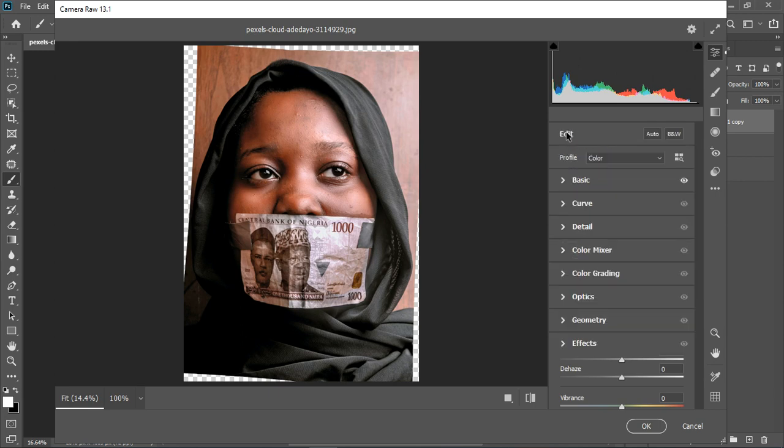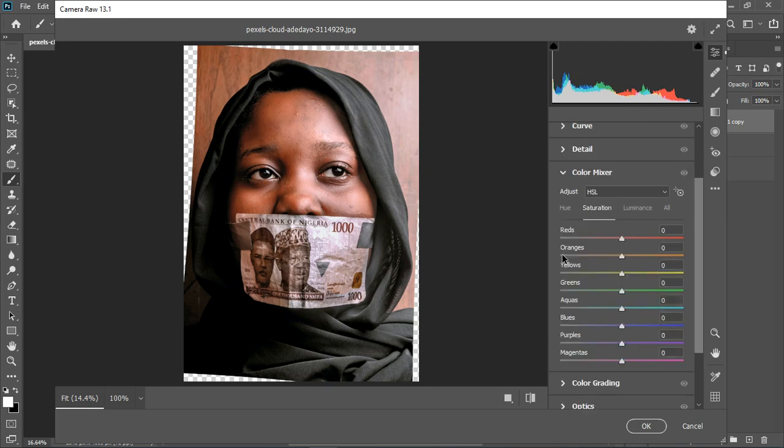I'll close the basic tab, and I'll go to the color mixer. So I'm going to decrease the red. Let's go to the hue. I'll make the orange look like yellow, make the yellow look more yellow, and I believe there is no blue, but there is some purple and the rest of. So let's just make the color. Go to the saturation,